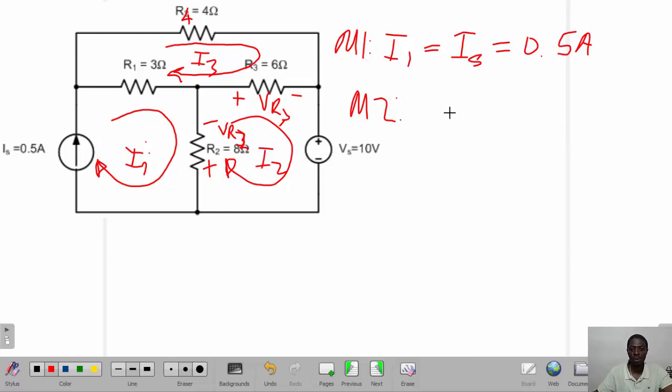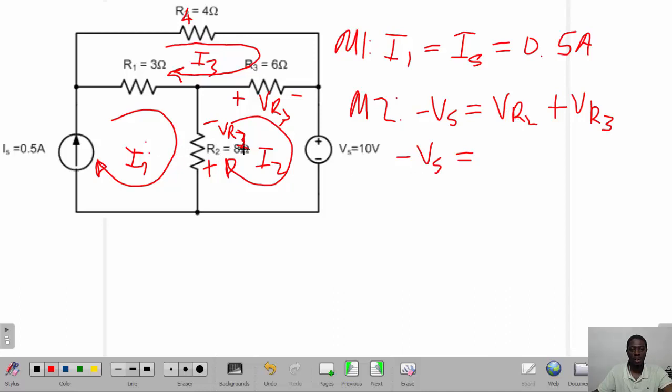Mesh 2, therefore, we have the voltage source. In this case, the current leaves the negative terminal, so it's minus Vs, should be able to give us VR2 plus VR3 as the equation. Then we can expand it further by expanding the voltage drops. So in this case, we have minus Vs should be able to give us VR2 is equal to, we have